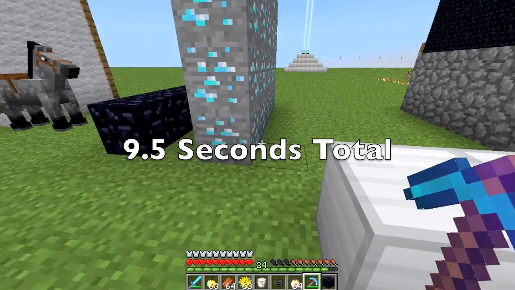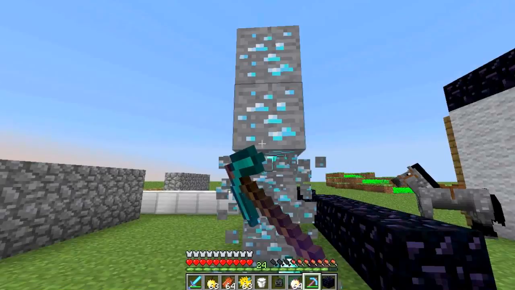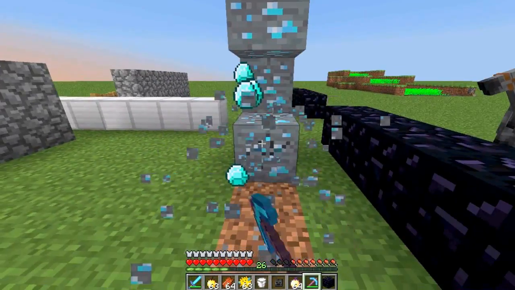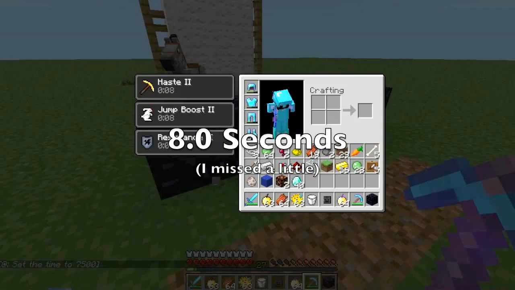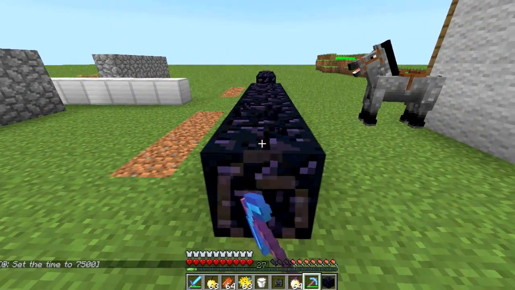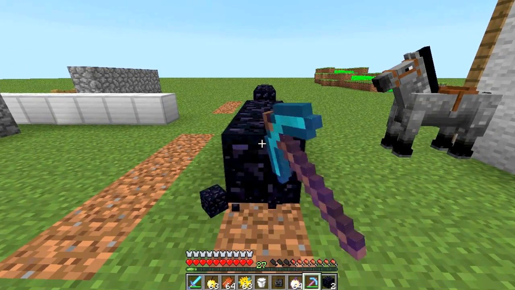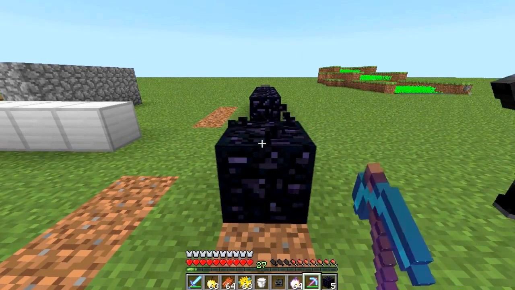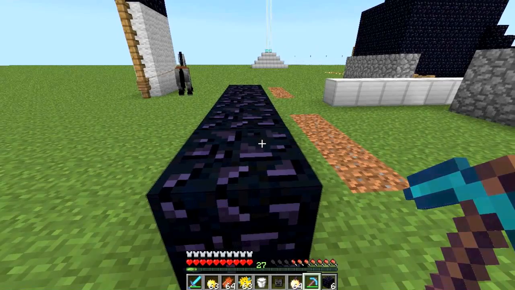Okay, and now with the haste buff, 40% faster. Let's try that again with obsidian. And without the haste buff,